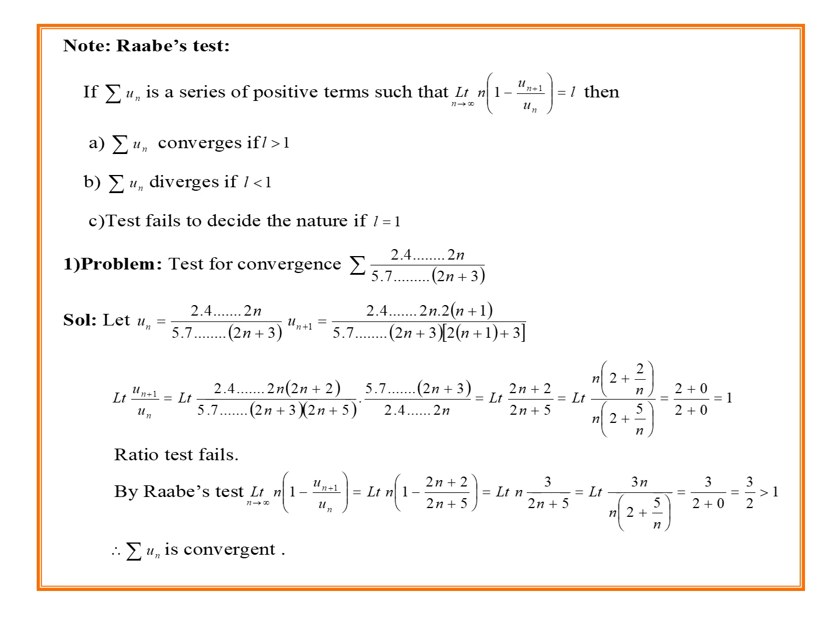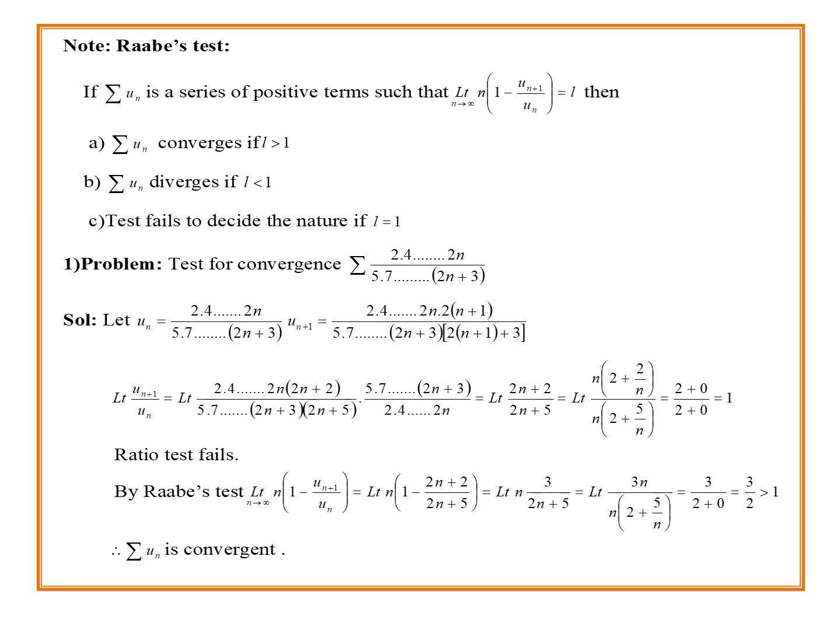Immediately we should calculate u of n plus 1, that is equal to 2 into 4 into so on 2n into 2 into n plus 1, by 5 into 7 into so on 2n plus 3 into 2 into n plus 1 plus 3. Immediately we should calculate the limit of u of n plus 1 by un, that is equal to limit of,